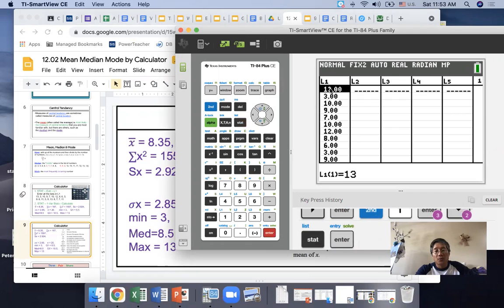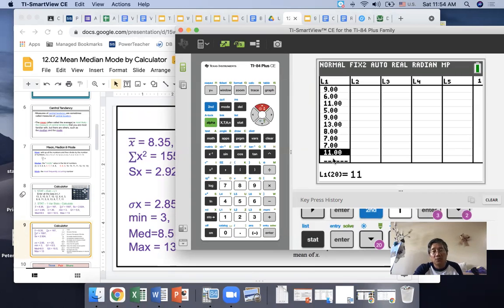I already put all 20 numbers here, from 13, 3, 10. You keep going down and enter all 20 numbers one by one. You will see how many numbers you have: 20 numbers up here, and 21 is empty. The last number is 11. So be careful when you enter,